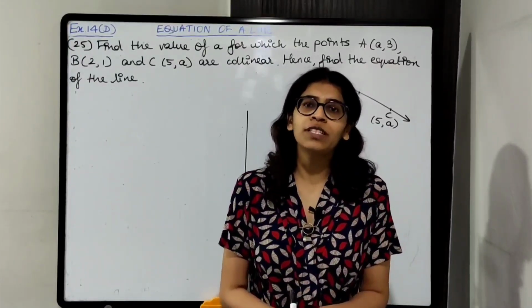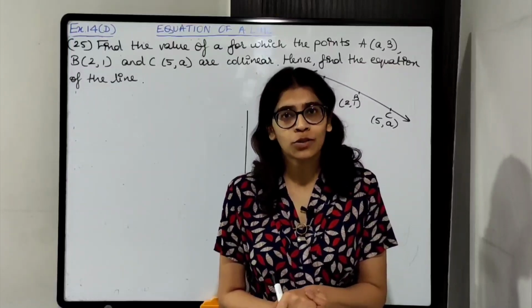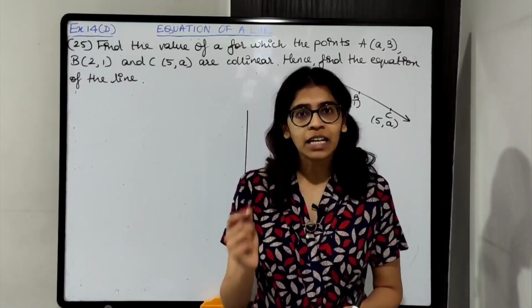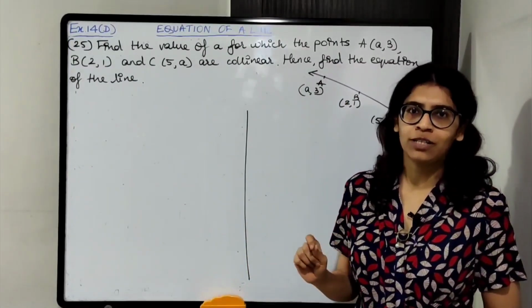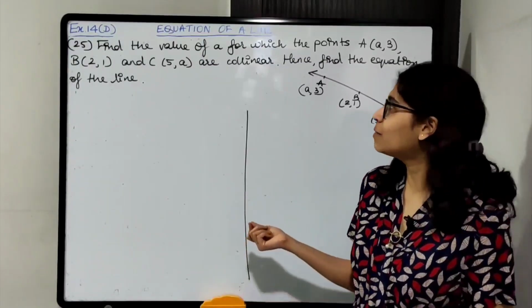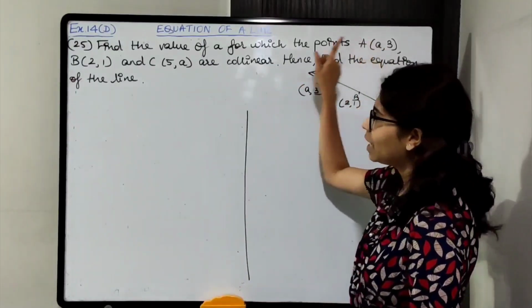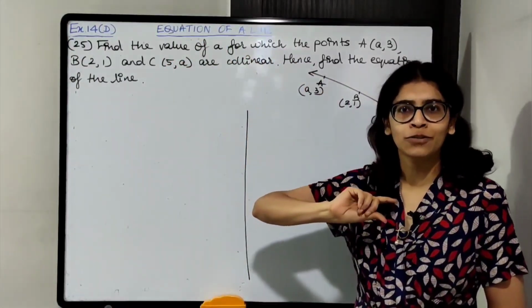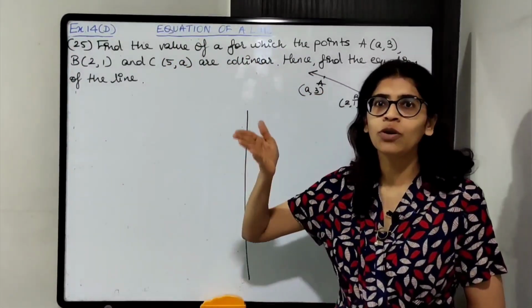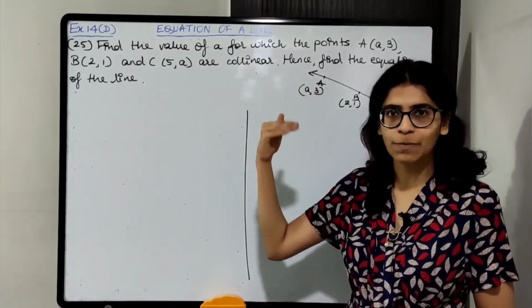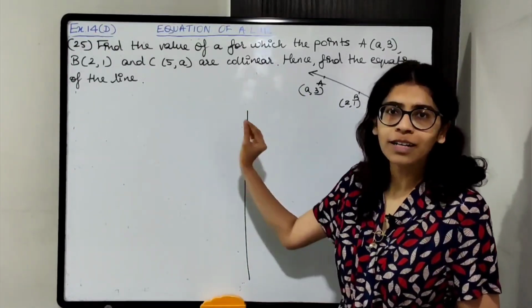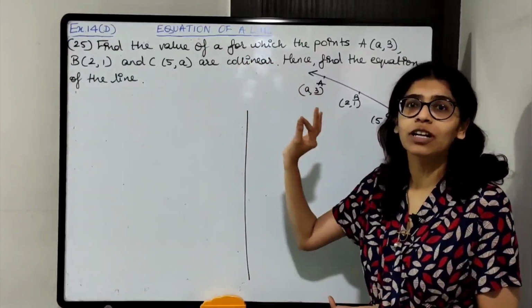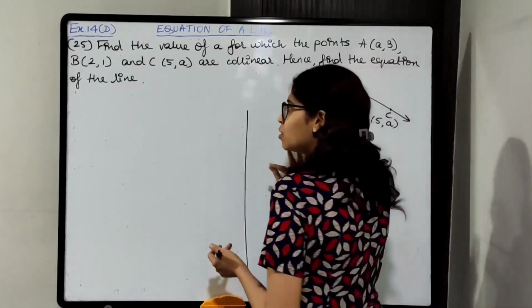Now over here, students, they have not asked you what are the coordinates of A and C. Had they asked, you would have to write down the coordinates. For a equal to minus 1, what will be the coordinates of A and C? Substitute minus 1 in place of a and write down the coordinates of A and C. And when a is equal to 4, write the coordinates of A and C respectively. So I am not writing it down because they have not asked over here. If they have asked, you have to write down.